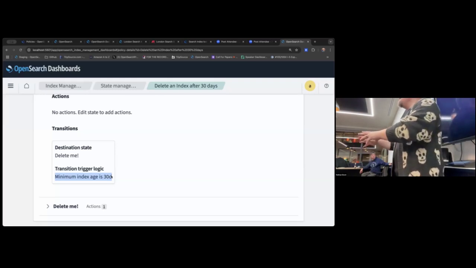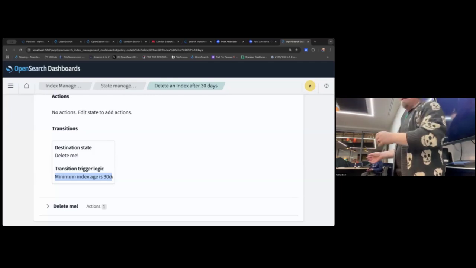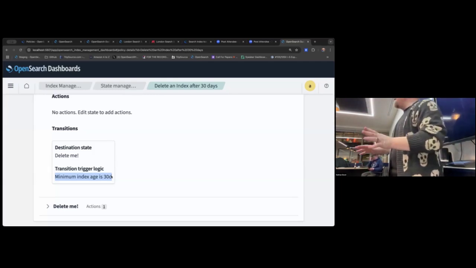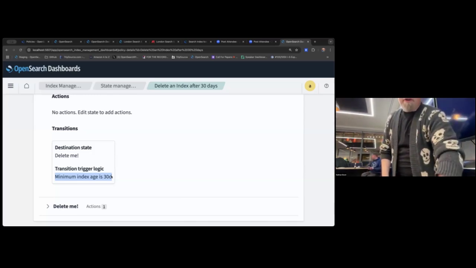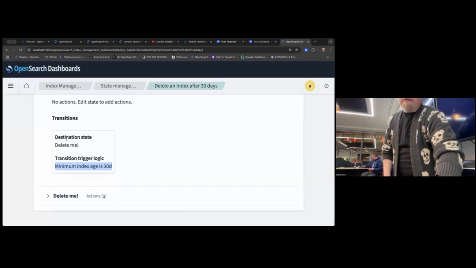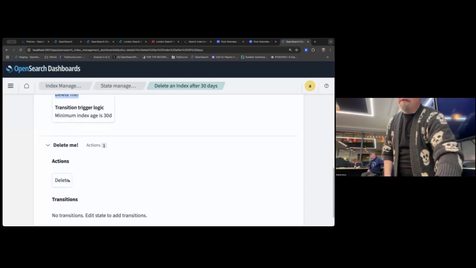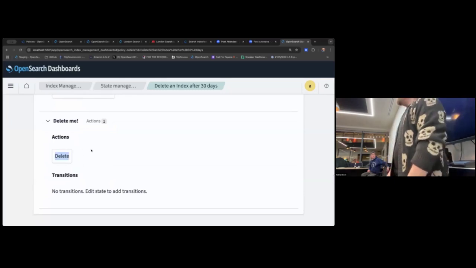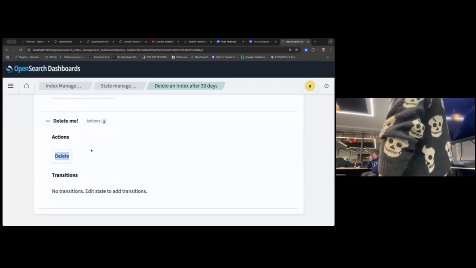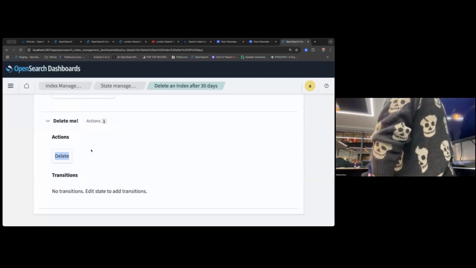So it might be 30 days and 2 minutes or 30 days and 33.5 minutes. Just minimum age 30 days. If it tries to run a job and checks the age there, it will trigger. The destination state for that trigger is delete me. And so here we have the second state with one action, and that's delete. That's the self-destruct index state management policy.